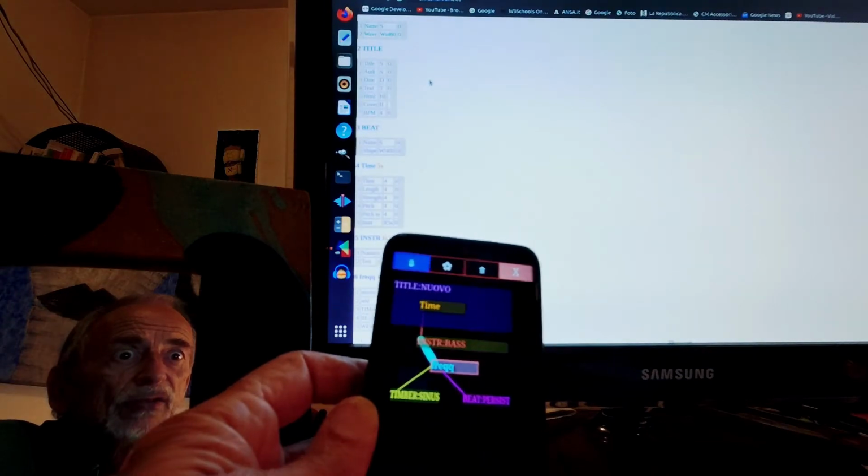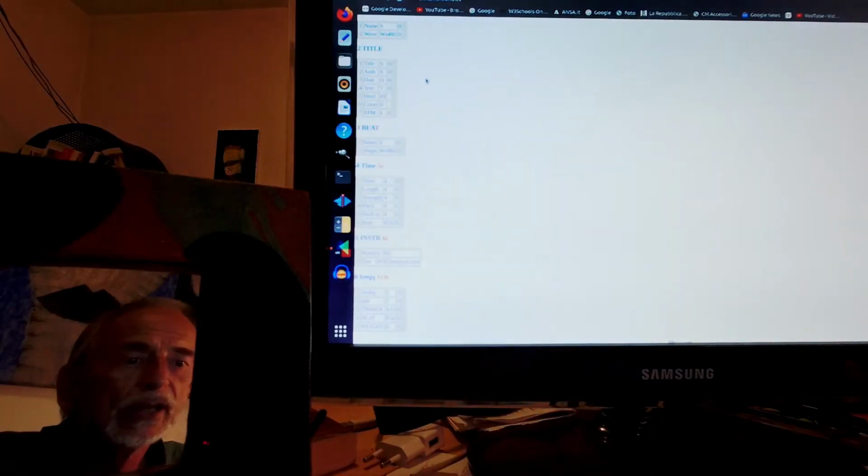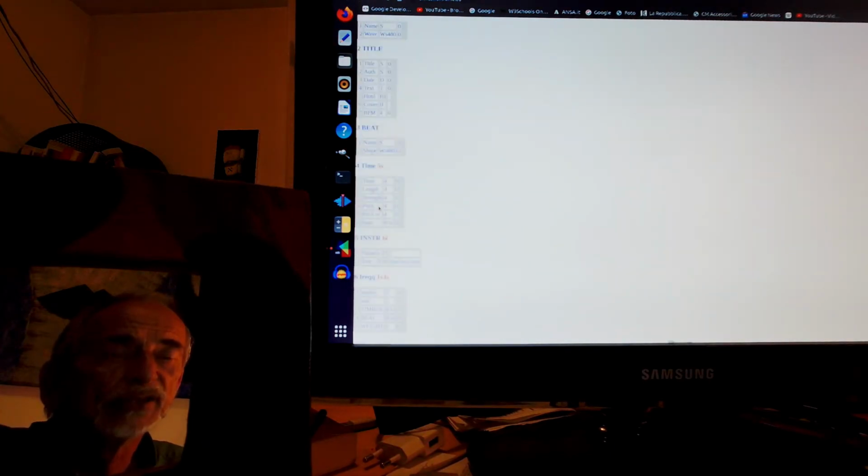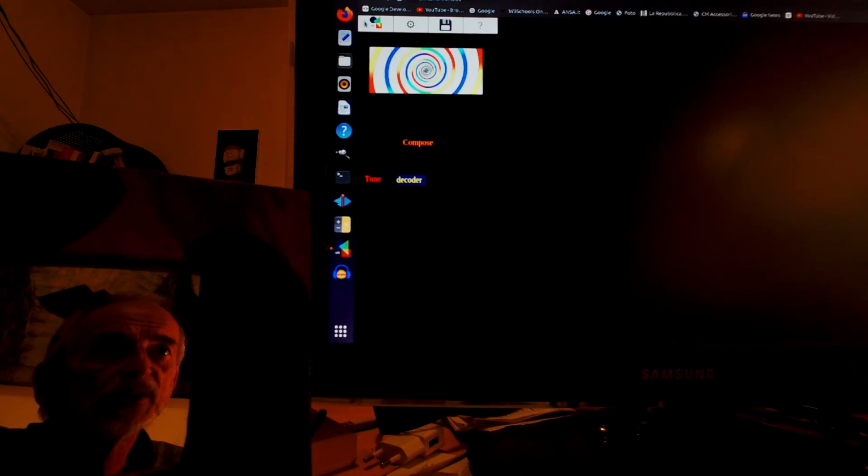So just to understand how the database works, let's see. This is the decoder. We have a little sequence in which we list all the archives that are present, and these are timbre, title, beat, time, instrument, frequencies. What does this mean?